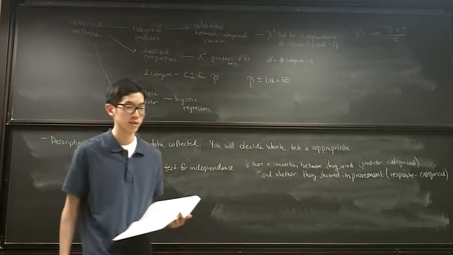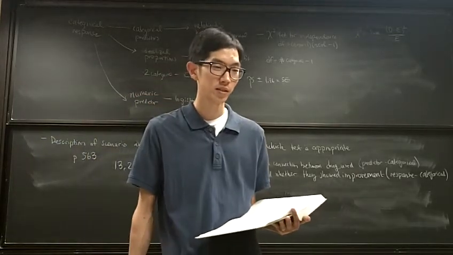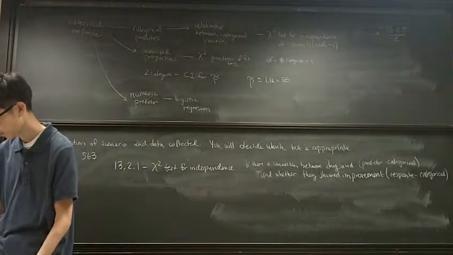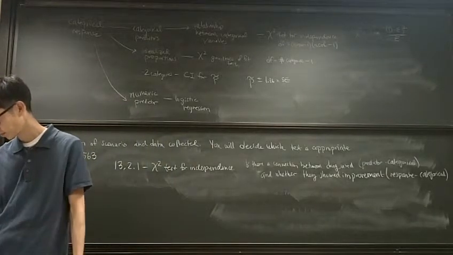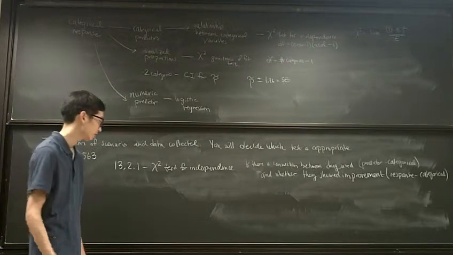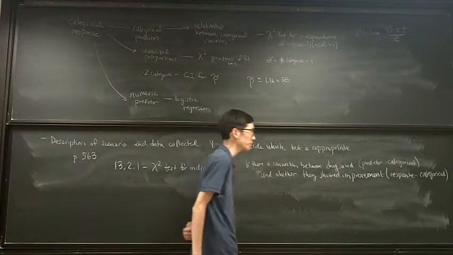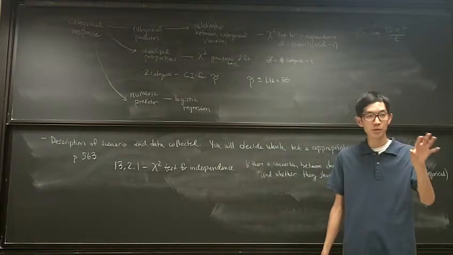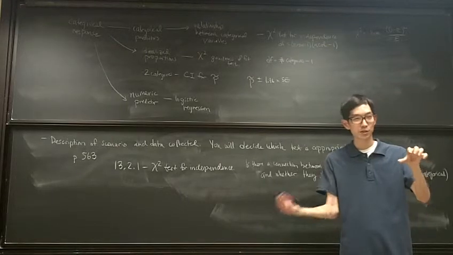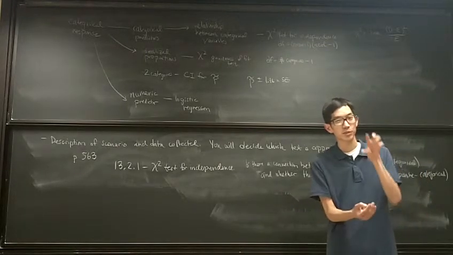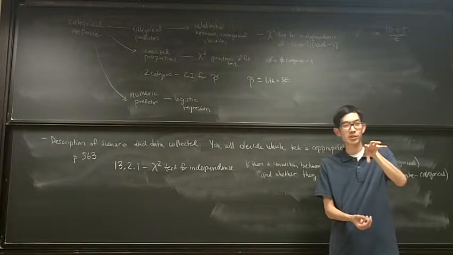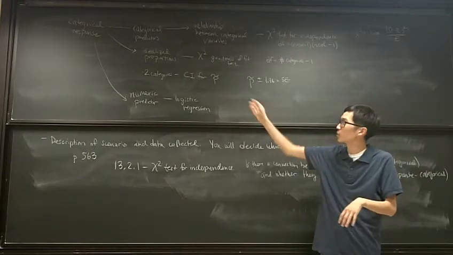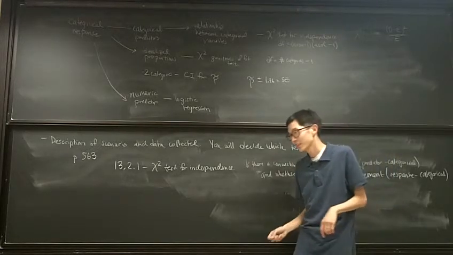Could you explain what the difference again is between two categories and a relationship between two categorical variables? Okay. So sometimes we just have a categorical response and there's no predictor, and we just want to know if our categorical response fits some idealized proportions, I guess. And that would be,